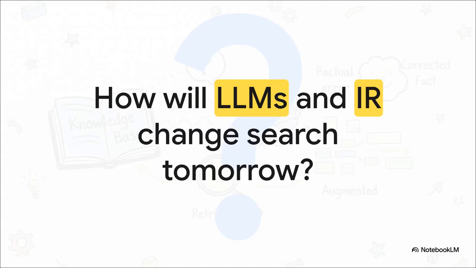By grounding AI in these robust mathematical retrieval systems, we are entirely changing the landscape of what this technology can actually do. We're moving from just blindly hoping the AI remembers a fact from its training data to mathematically ensuring it has the correct document right in front of its virtual eyes. So I'll leave you with this final thought. How will combining the incredible conversational creativity of large language models with the rock-solid mathematical accuracy of information retrieval change how you search for truth tomorrow?